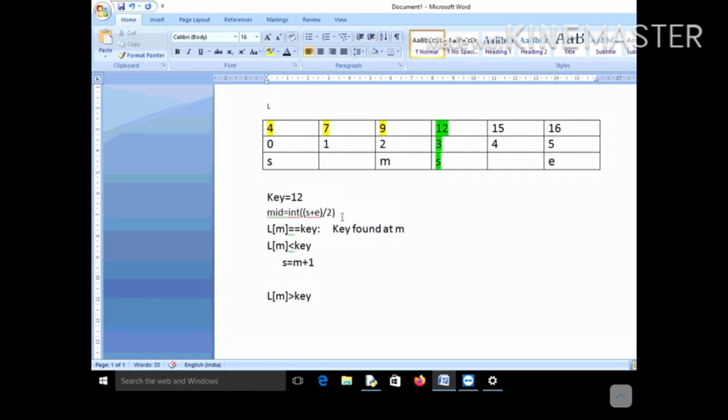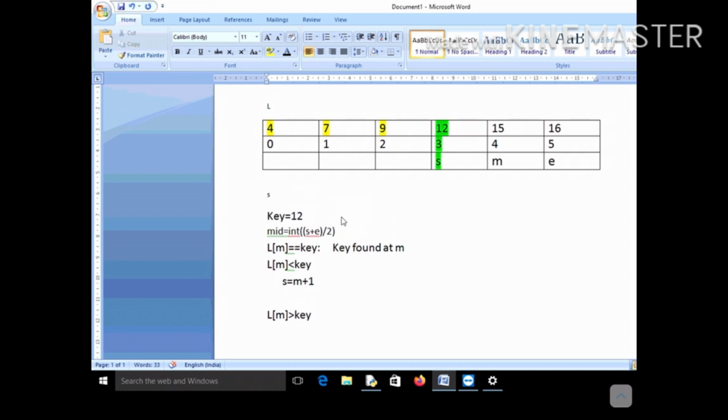Now you again begin your search. Again you compute the mid value and check whether LM is equal to key or not. Now your m and s values have been modified. Listen very carefully: s is equal to 3 and e is equal to 5.